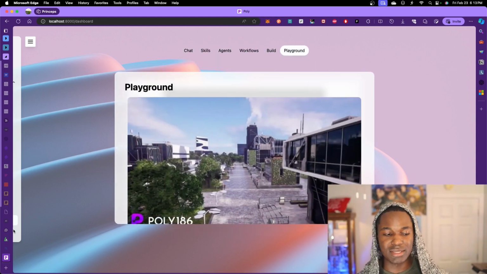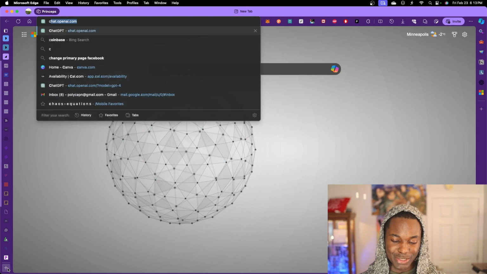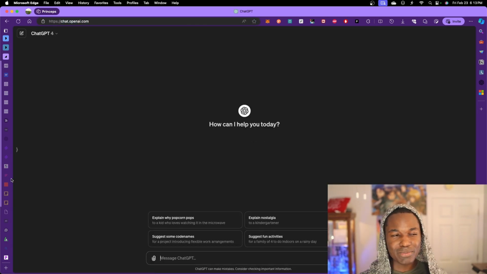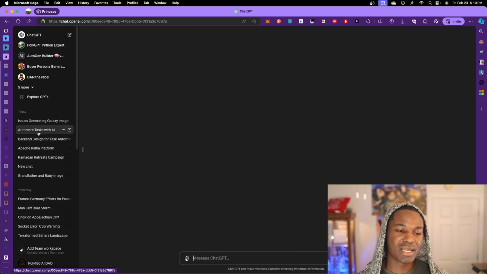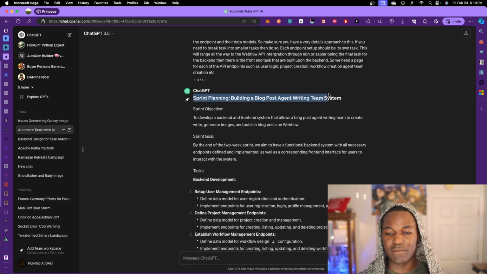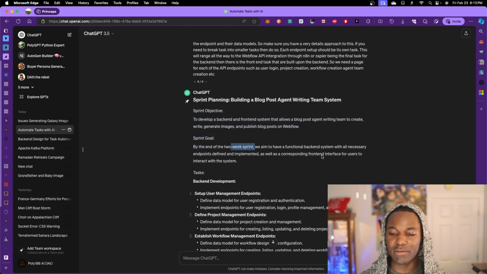So lastly, if I was to show you guys what the content plan and the sprint plan is. So here's the content plan and the sprint plan. The sprint planning for this next phase is to develop a backend system that allows for a blog post agent writing team to create, write, generate images, and publish blog posts. The sprint goal is by the end of 2 weeks, we aim to have a functional